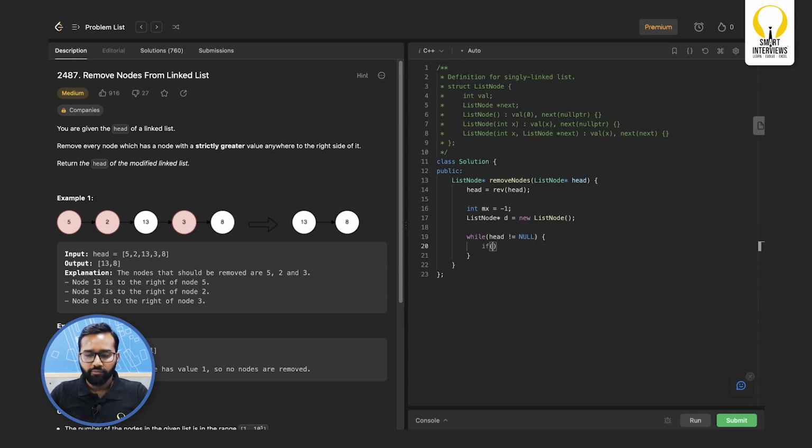If the current node compared to the max is bigger, we will keep it, otherwise we will not keep it. So, if head of value is greater than max, that means there is nothing greater than that on the right side in the original list. So, in that case we will keep it. Keep it means we will append it to the dummy node. So, d of next equal to head and we move d to d of next. We also make d of next as null